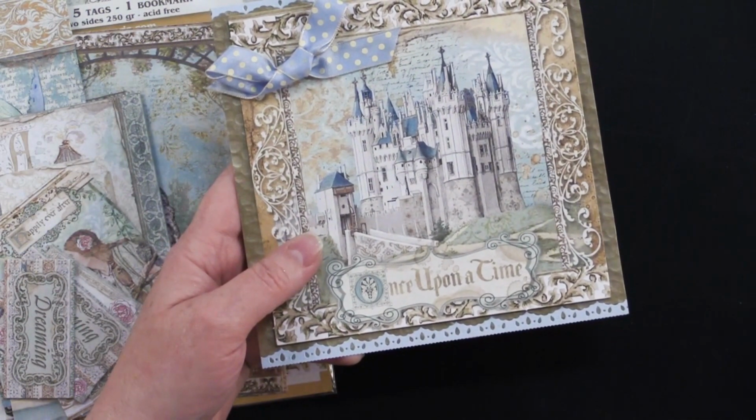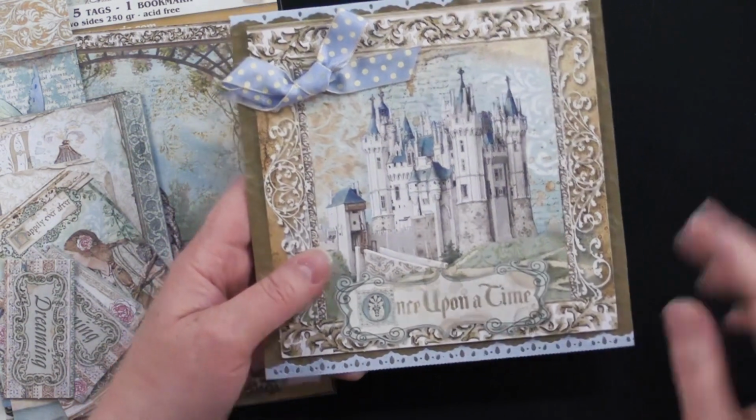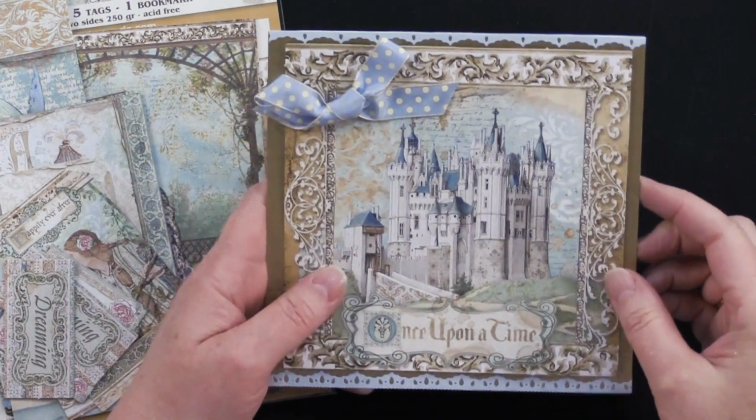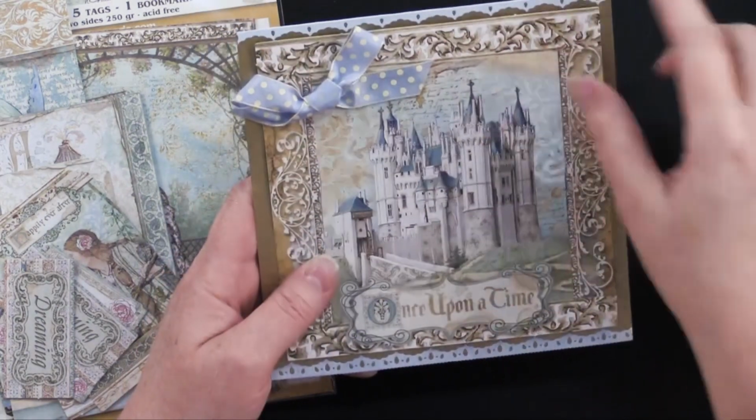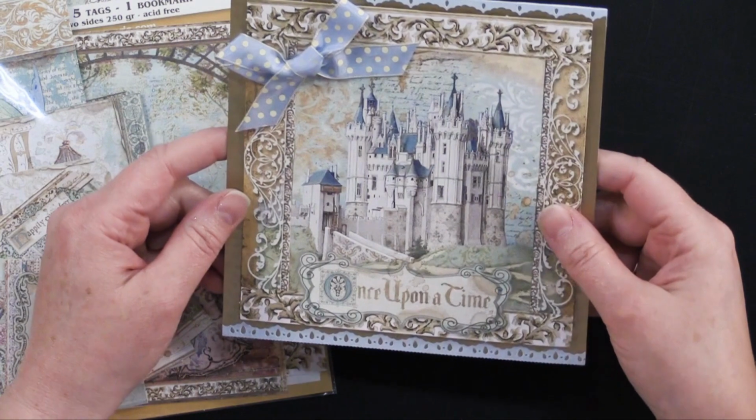dazzle stickers. I'm really sorry I didn't bring those. I was so excited about everything else, I forgot those, but they're, as I said, in the products used below the video. And I put that blue right there, which I thought just matched the Sleeping Beauty, really Cinderella theme